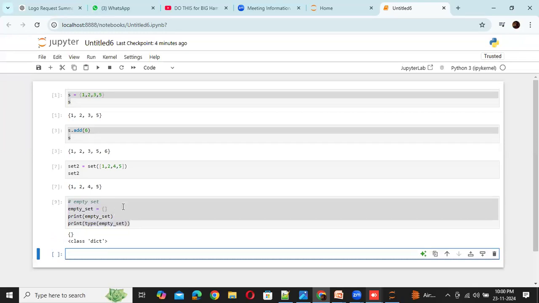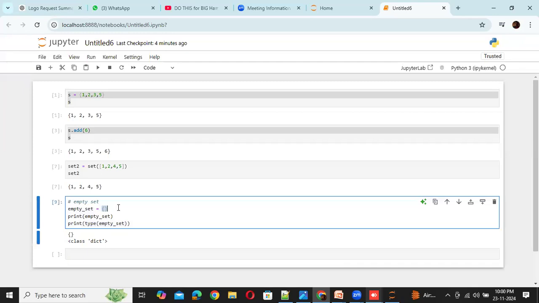Look here. If I assign empty curly braces to a variable, it is nothing but a dictionary. The default collection is a dictionary when you define it this way. But this is not an empty set, right? This is not an empty set, it's a dictionary. And instead of this I'll put dict. So how do I define an empty dict? Then this one is correct, right? But then how do I define the empty set?